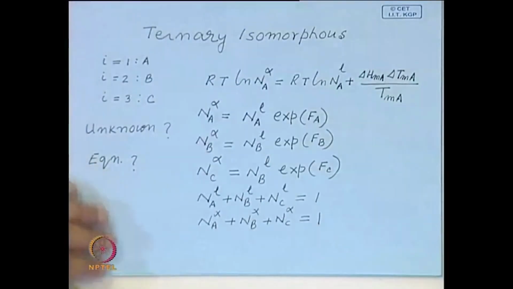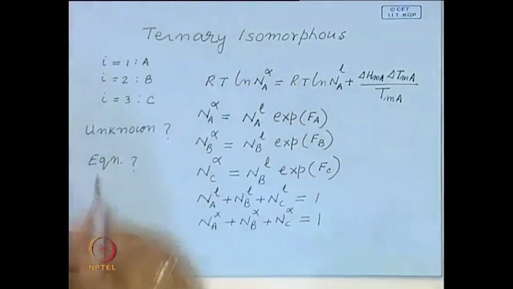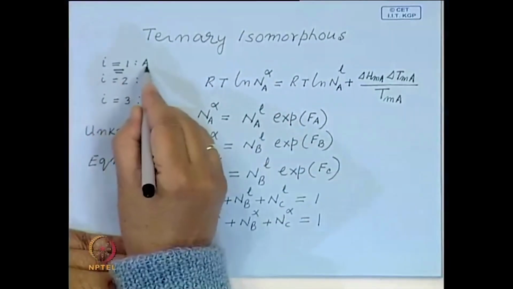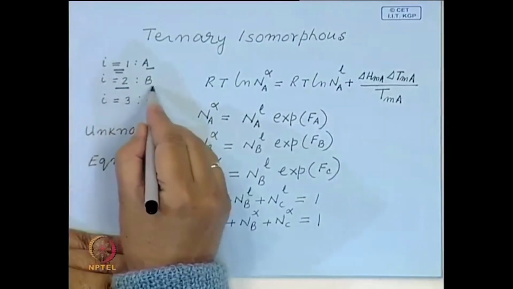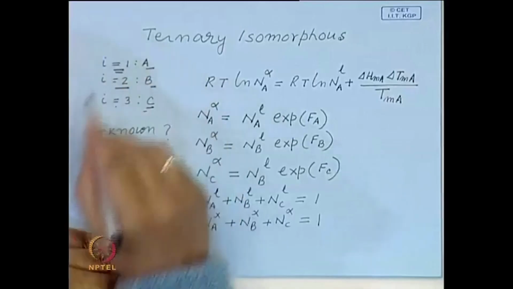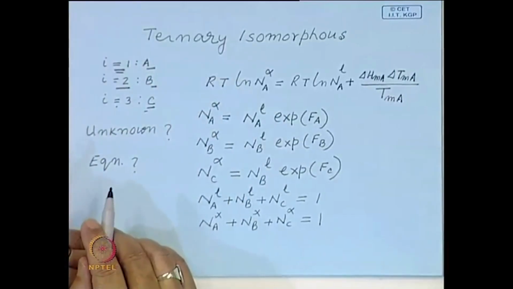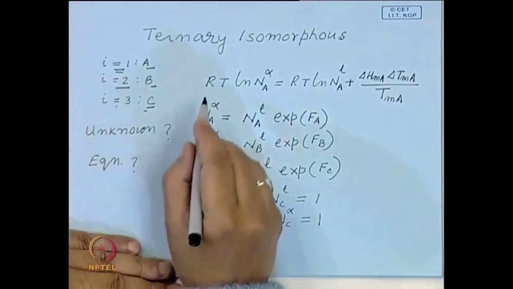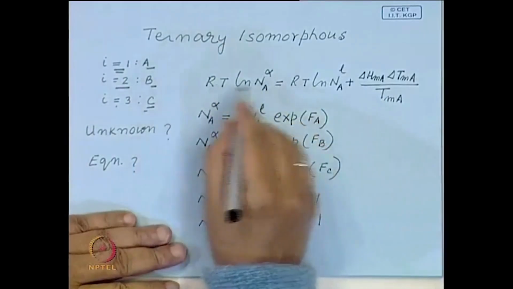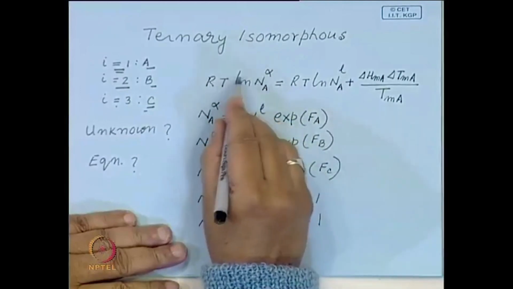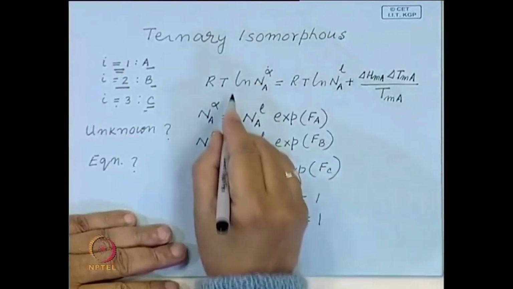Now, an extension of this: suppose we look at a ternary isomorphous system, where I1 represents A, I2 represents B, I3 represents C. We had done a similar calculation for binary. Extend the same thing to a ternary system. If you look back at your lecture, if you equilibrate the chemical potential of A in solid and liquid,